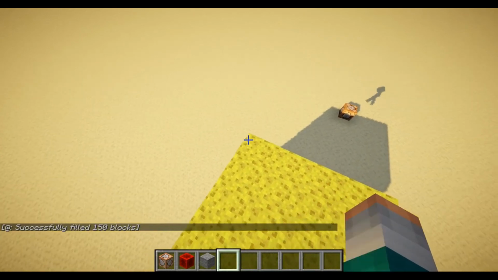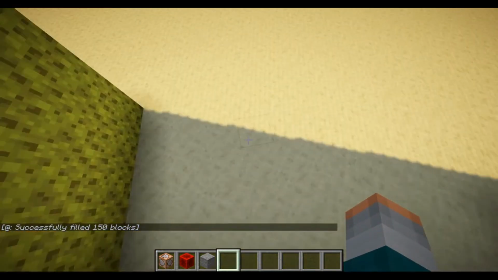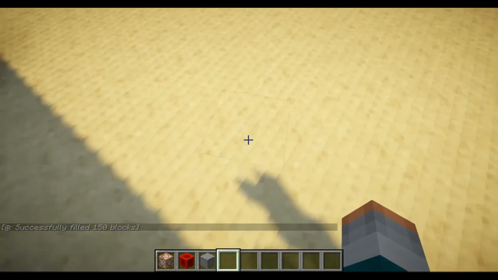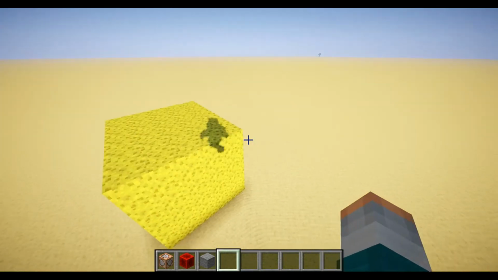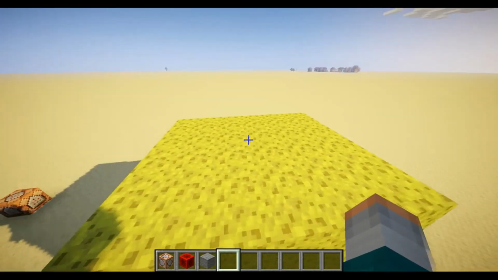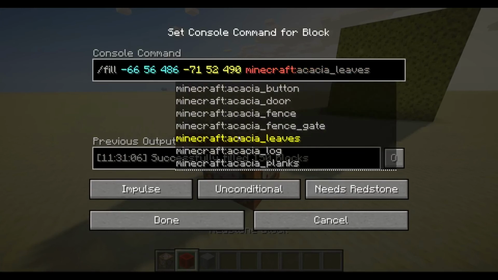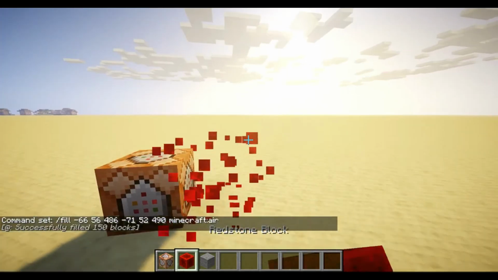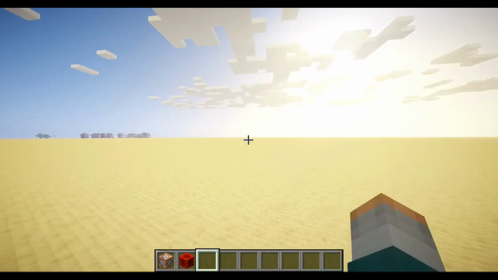It won't do a diagonal line going this way, because it can only fill blocks in on a straight row of blocks. It can't go at a diagonal line. So if you place blocks at different diagonal points, it'll fill it in as a solid cube. And again, just like before, when you want to get rid of it, you can set it with air, and it'll disappear. So, that may have been a little hard to understand and follow, guys,